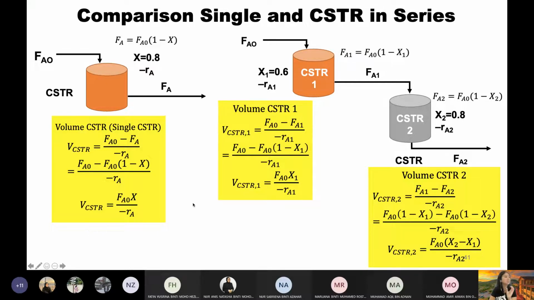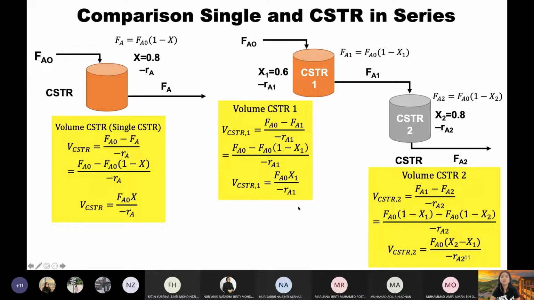The only difference is we now label X as X1. This is very important because if you just say X in a series of reactors, it can be X1, X2, X3, and so on. So you have to specify. If you say X1, it means the conversion in the first reactor. Even the minus RA: now we write minus RA1, because minus RA must follow X. If X1, then minus RA1. If X2, then minus RA2, and so on. So it looks similar. Just make sure you understand it applies to the very first reactor, X1 and minus RA1.